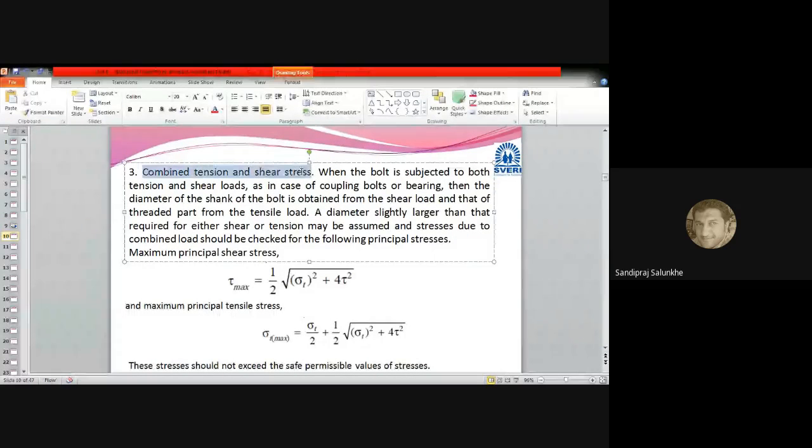Now we are going to consider combined stresses. Now this is the real case, real situation, where the bolted joints are designed for combined tension and shear stress. We cannot say that we have designed our bolted joint only for shear. Sometimes we are going to design it for the